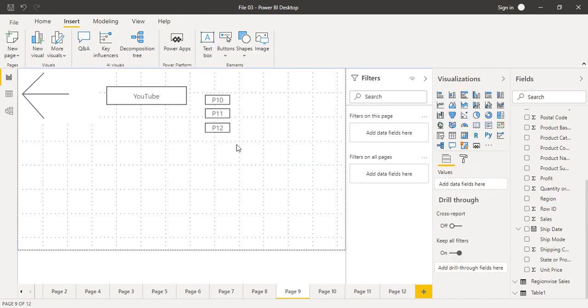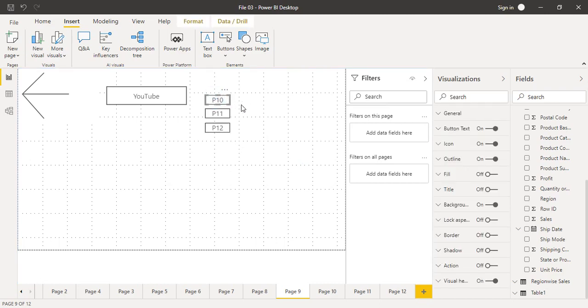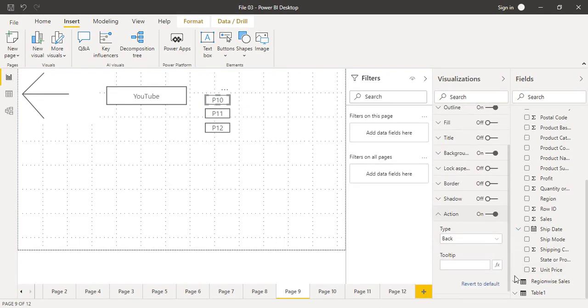Now we are going to connect them to the different pages. Right now they are not connected to any page, so I'm going to show you for page 10. If we click on this P10 button, go to action, turn it back to on, then we can scroll down, go to type. Now instead of back, we are going to select page navigation. As soon as we do that, you can see we have got another option.